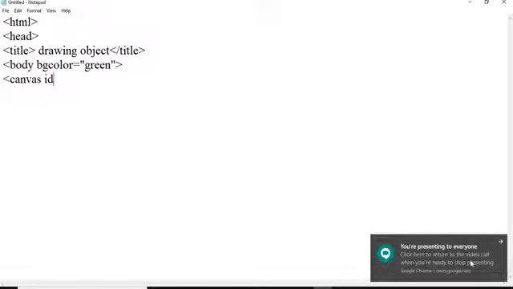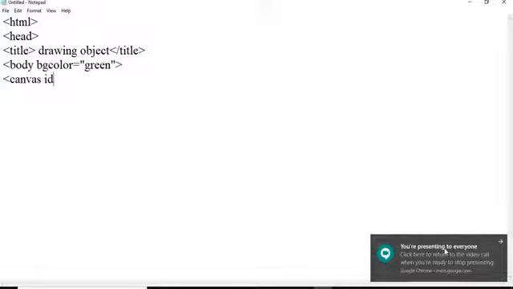So here suppose we are going to add some figures, like a circle. For this we include a canvas tag, and for the canvas we define an id to access the element, using the getElementById method. This is a method we are going to include. And one more thing, we are going to fill the object. So how are we going to fill the object? Let's see, by adding the text.